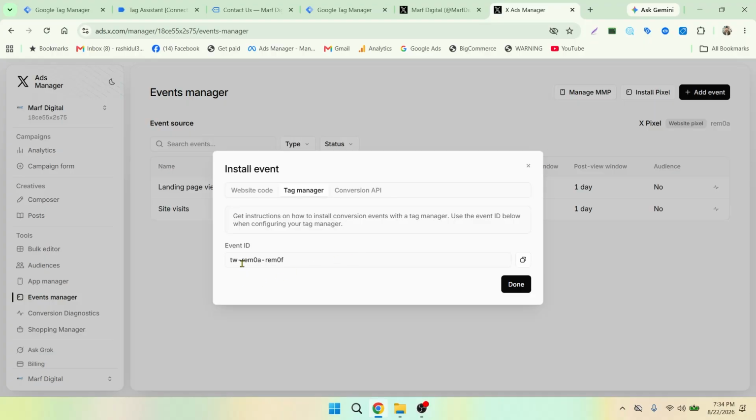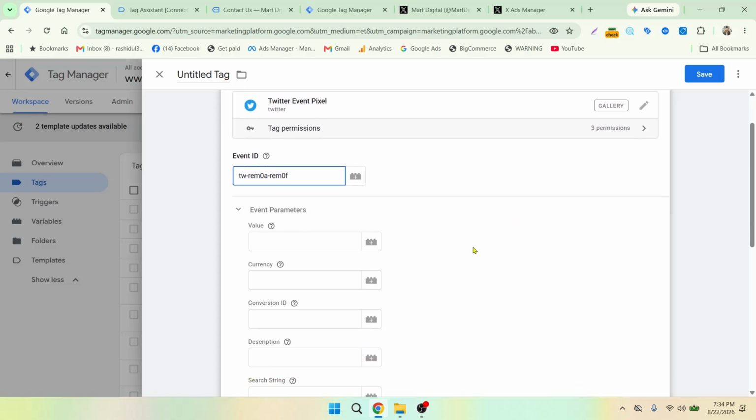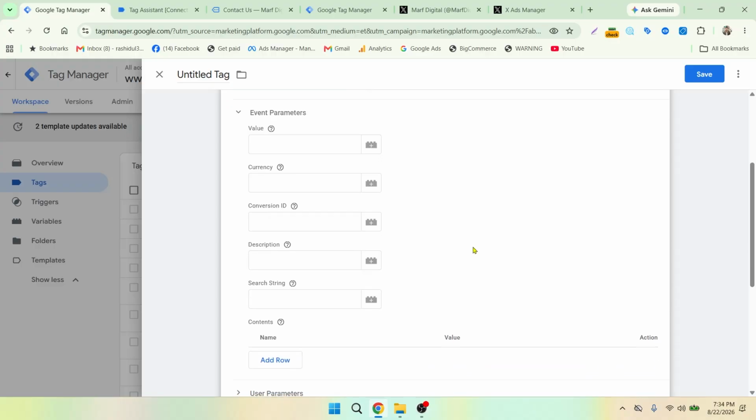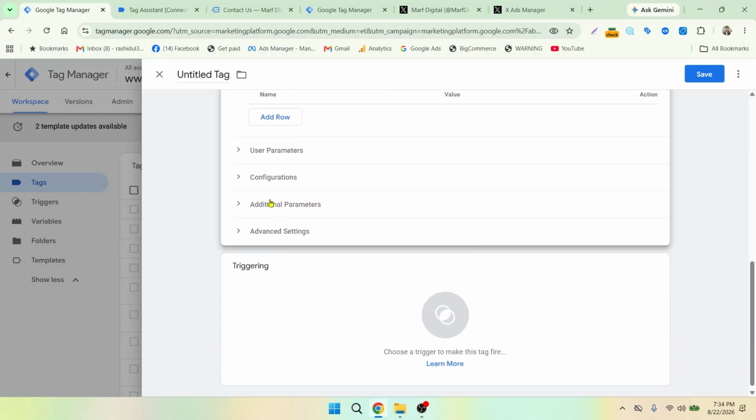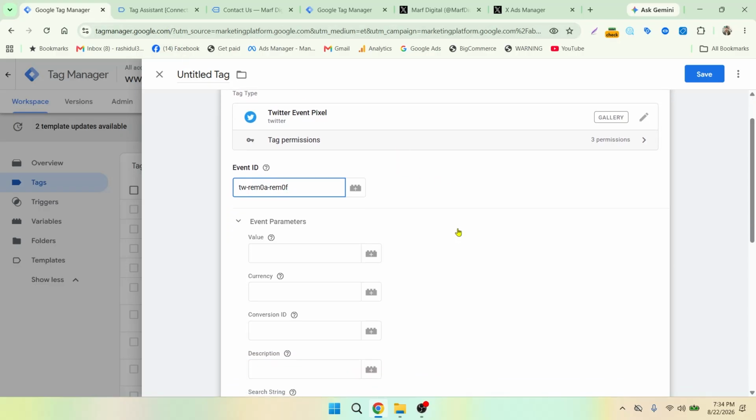If I go, then I can find this event ID that I need. Go back in tag manager, paste this event ID, and I can see that there are event parameters. So that is value, currency, then conversion ID, description, search string, user parameter, configuration, all of these things there. For this lead event, we don't need any type of parameters, but we can set a default value. But this conversion ID,